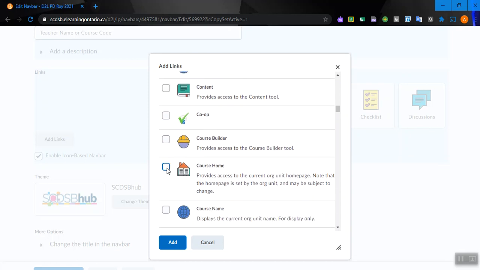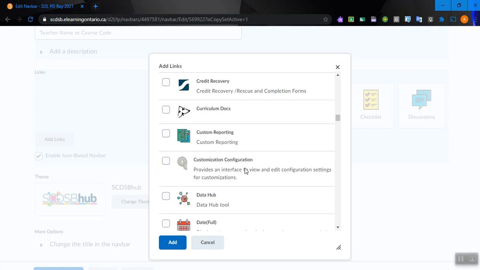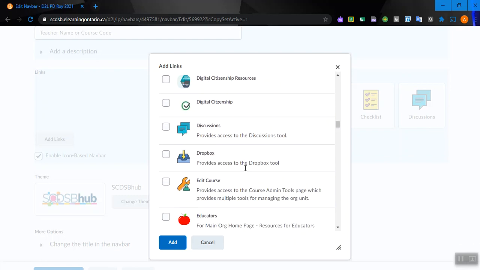Same thing with the course home. Okay, the course home is already in there. We did not remove those, so therefore we don't need to add them in. Okay, I'm going to put the Dropbox in because the Dropbox is extremely important. This is where the kids go to submit assignments, and I'm going to put edit course in